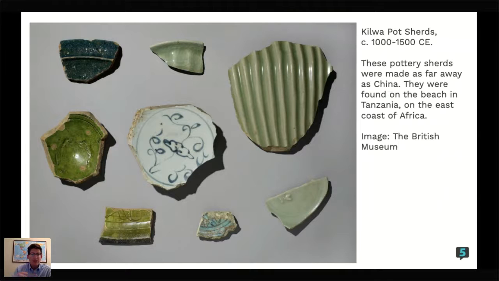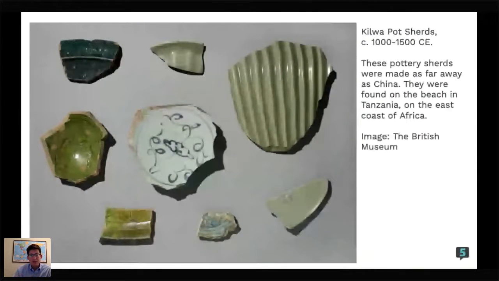Yet these pots, which date to sometime between the year 1000 and 1500, so 500 to 1000 years ago, are together, but from all across the world. These pots, which are maybe 1,000 years old, are much better traveled than even I am. And they really highlight the extent of trade in the Indian Ocean. They likely were used by people in Kilwa and were thrown out by the inhabitants, eventually becoming junk or broken. But they are a reminder that this was a major trading city at the time.